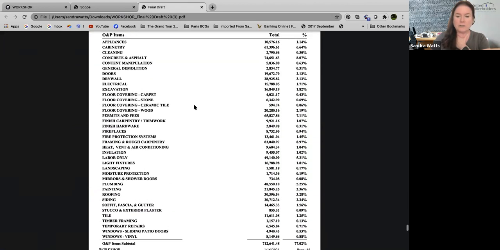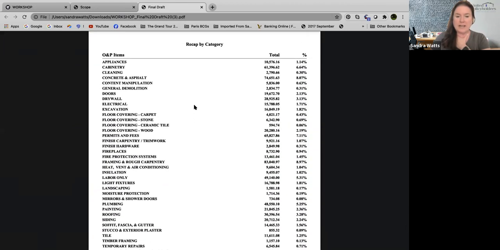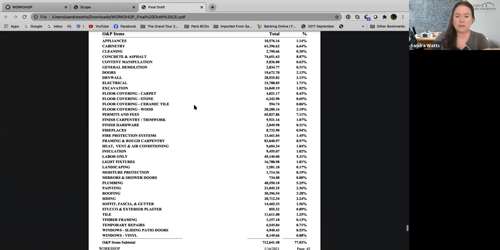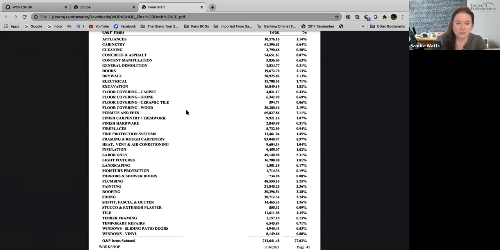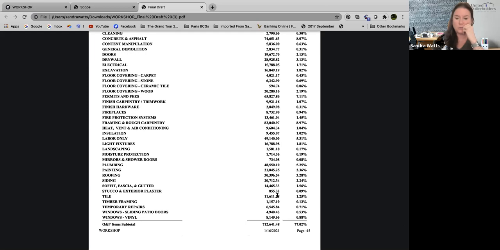tool for when you get your contractor's bid. You can look and say, hey, look, roofing, this estimate has, and my eyes aren't very good, $30,396 for roofing, and my contractor has $40,000 for roofing. What's the deal? So then you can just go through and figure out which items are the ones where there's